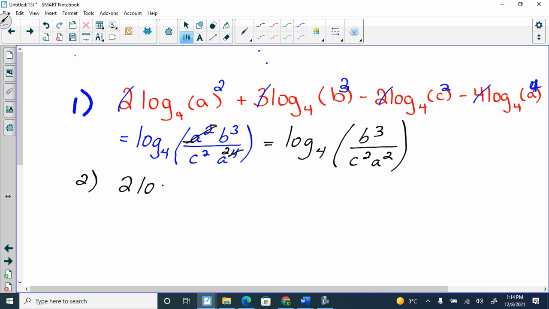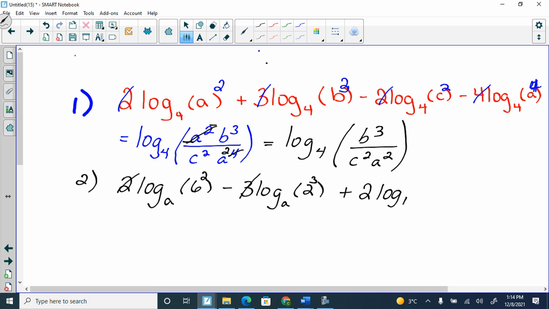So we go 2 log base a of 6 minus 3 log base a of 2. Those are screaming put me together because they're both base a. We agree? What do I have to do with the numbers in front? Raise them to the exponent using power rule. So the 2 comes up and we use it like power rule, and then the 3 comes up. And then we have plus 2 log base b of b